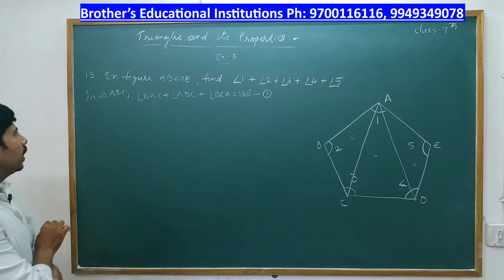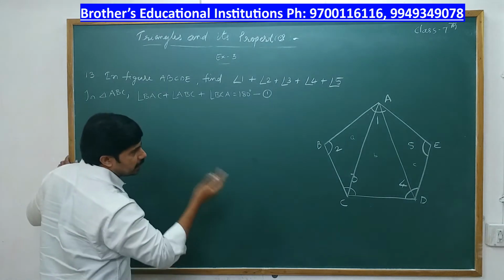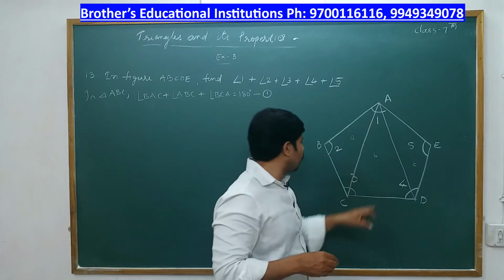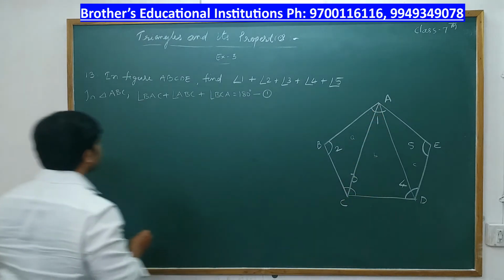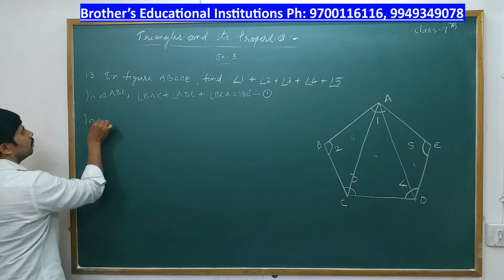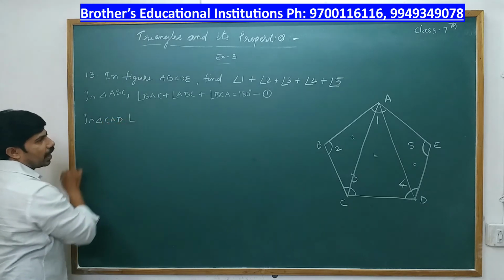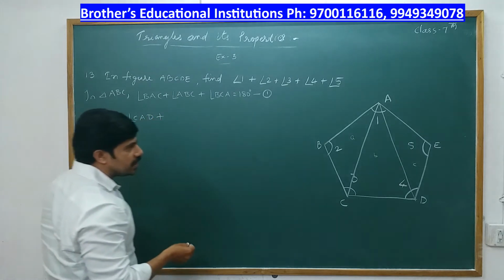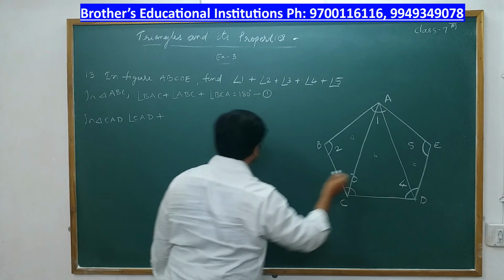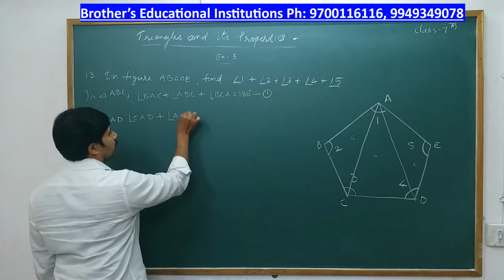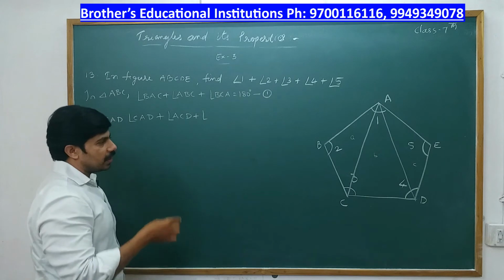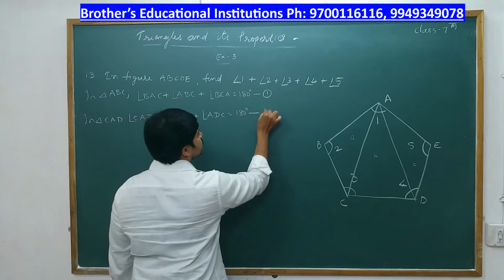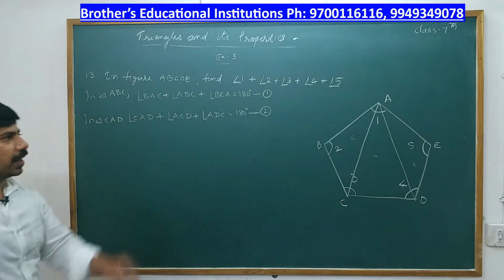Then after that, the second one, second triangle, B. So in this, we'll find the sum of the angles. How to represent angle A? It is CAD. So in triangle CAD, angle CAD, because we are representing A, plus angle C in ACD, angle ACD, plus angle D, which is ADC, is equal to 180 degrees. So this is 2. Now we go to the third triangle, that is ADE.